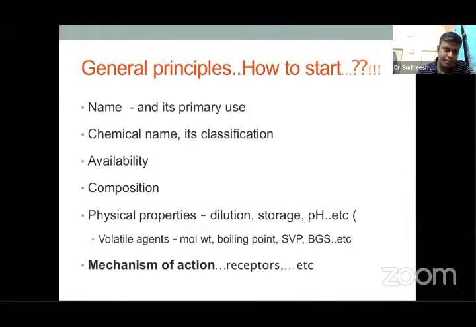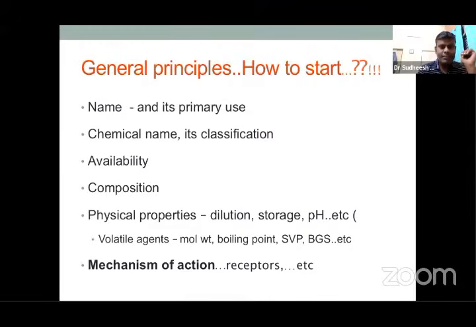There are so many other components in the vial which are added to the drug to maintain its stability, to improve its storage, to prolong its shelf life, and to maintain the drug in a stable condition and prevent its degradation. So it's important to understand the composition of each and every drug solution, because many of the components have certain side effects, or sometimes they might result in unwanted effects for a particular drug. So this is regarding the composition.